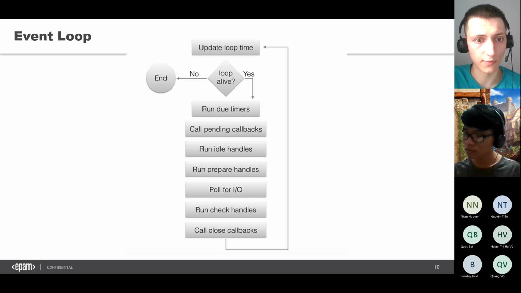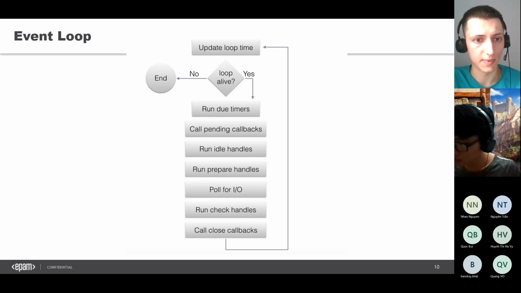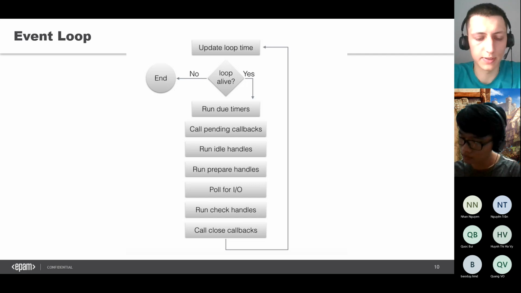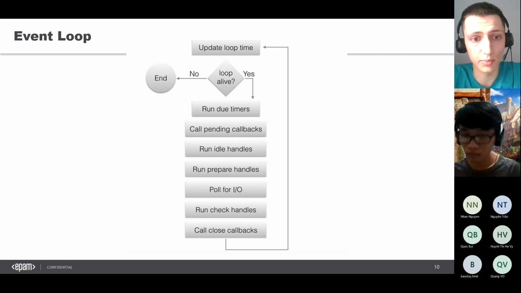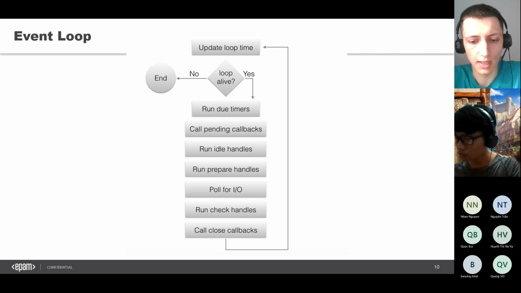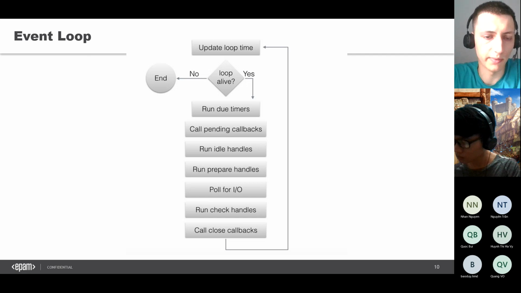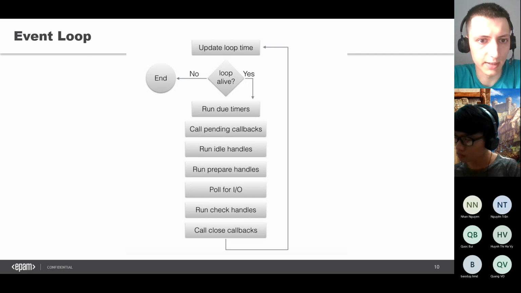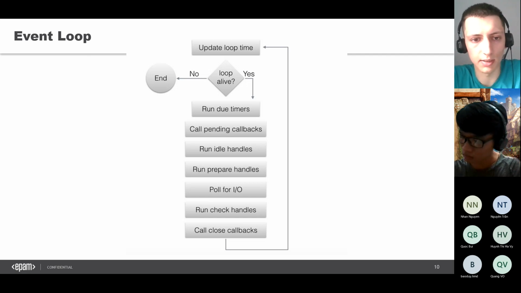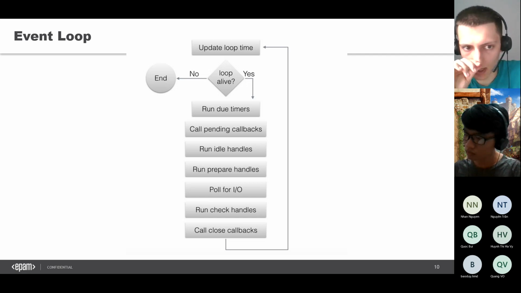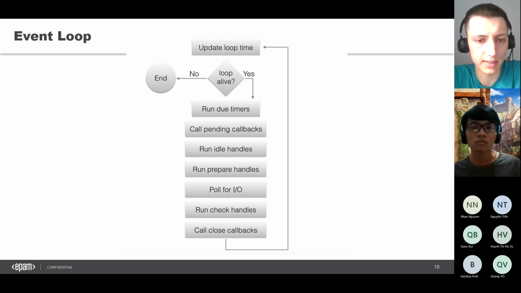Then poll for I/O. This phase is used for callbacks of input-output operations. For example, for the file system, when we read some file and add a callback for the reading, this callback will be executed in this phase. Then check handlers: in this phase setImmediate will be executed, and the last one is close callbacks.